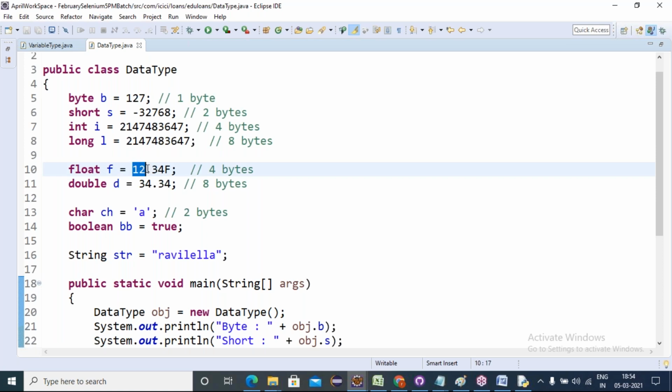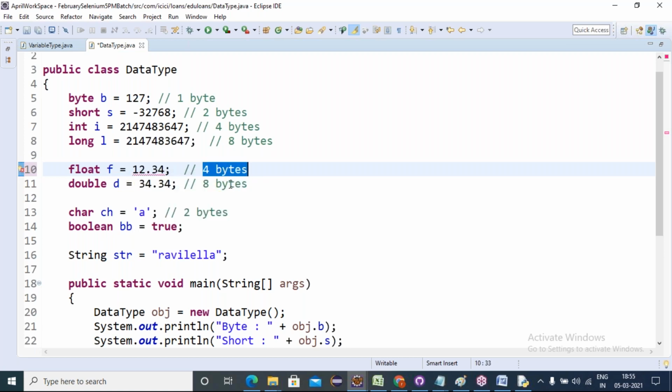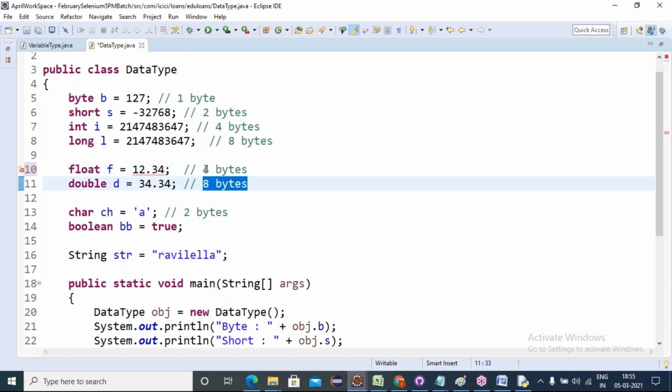By default, this object is treated as a double type object. I got that. If we want a decimal, you could have used double only, right? Why did you use float? Because of the range, the bytes. Got it, thank you.